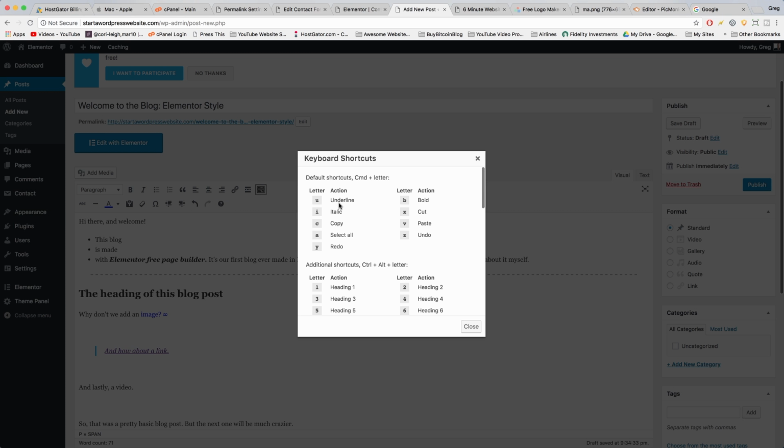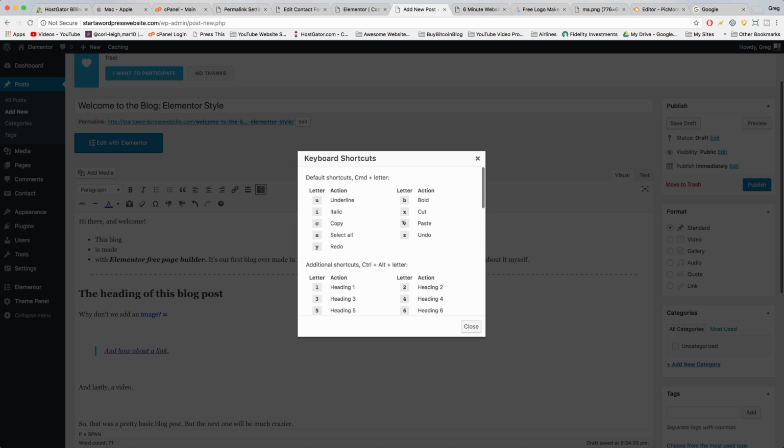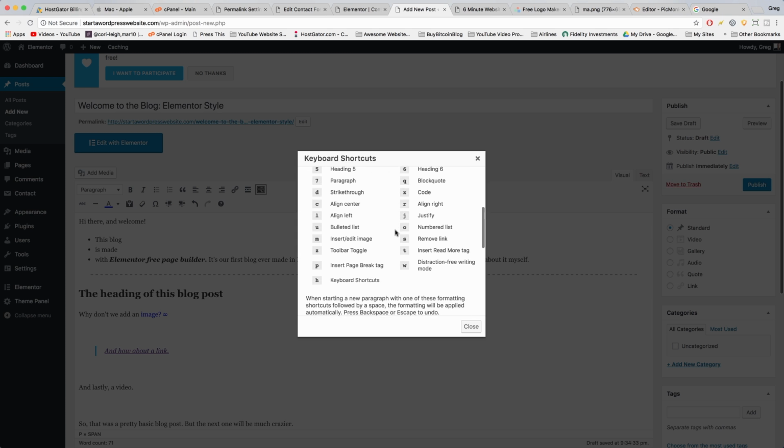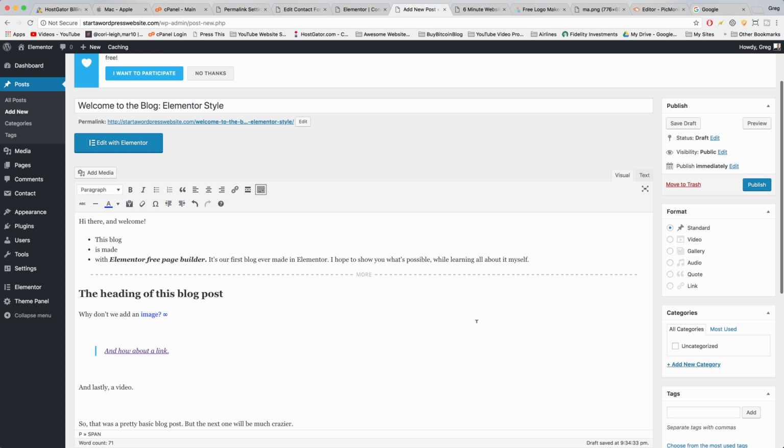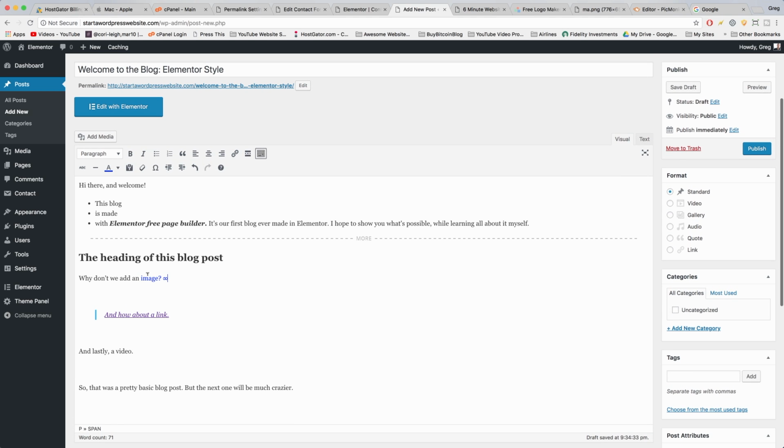keyboard shortcuts, which will show you a little more on what you can do with your keyboard, like Command V is paste and Command X is cut. A lot of the stuff you already know, and some of the stuff you might not know. Pretty cool. To add an image into your blog post, we need to use the button we haven't covered here still,